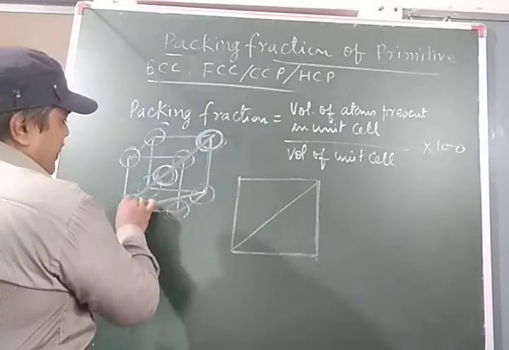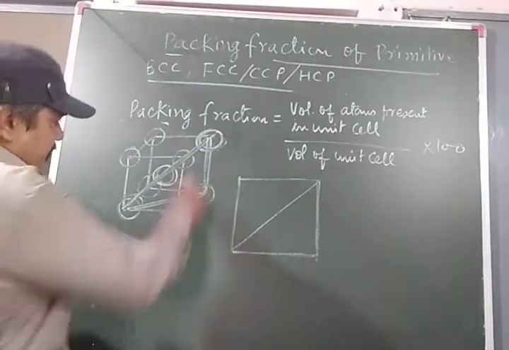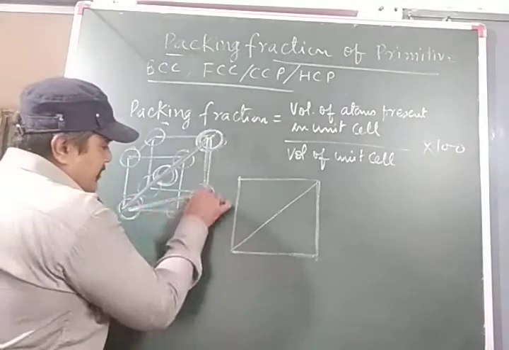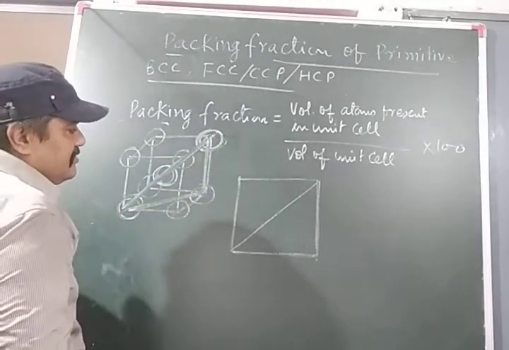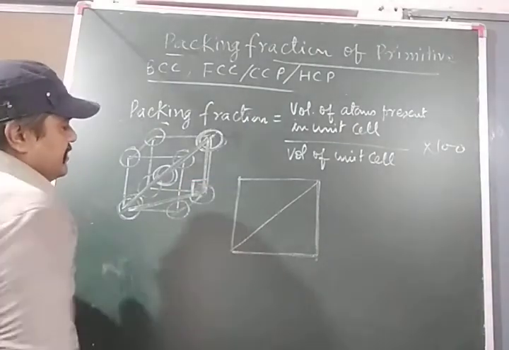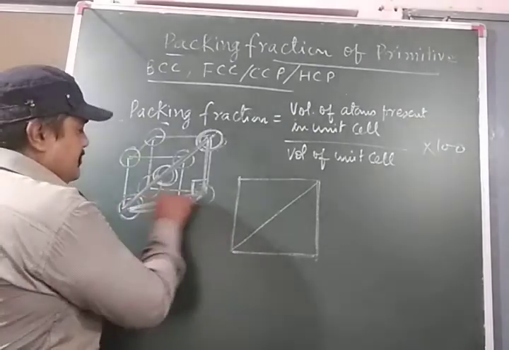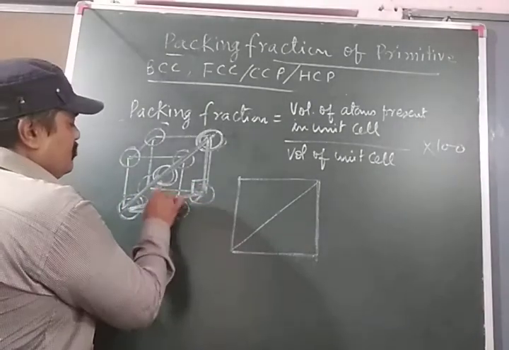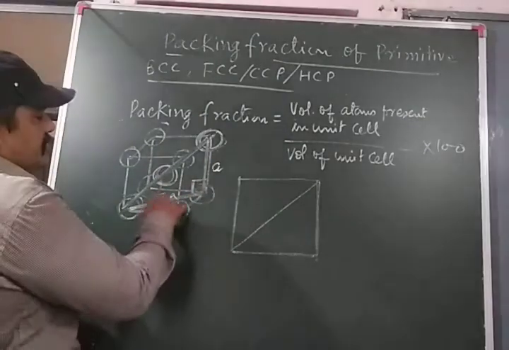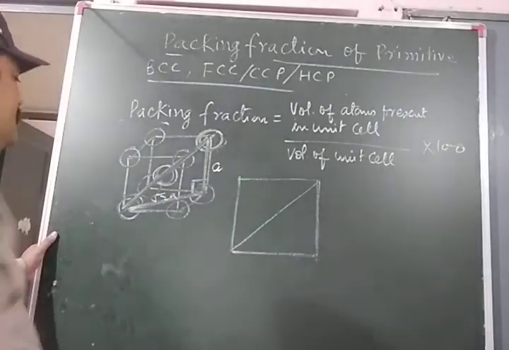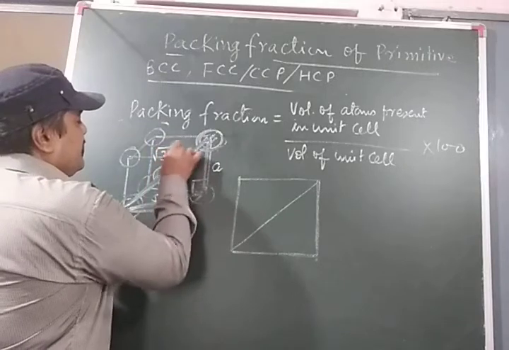So this is a right angle triangle. Is it clear? This is the body diagonal, this is the face diagonal, and this one is edge length. Okay, normal. And this angle is 90 degree. We very well know if the edge length is A, then the face diagonal is under root 2A, and this is under root 2A and this is A. On using Pythagoras theorem, we will get the value of the body diagonal as under root 3A.